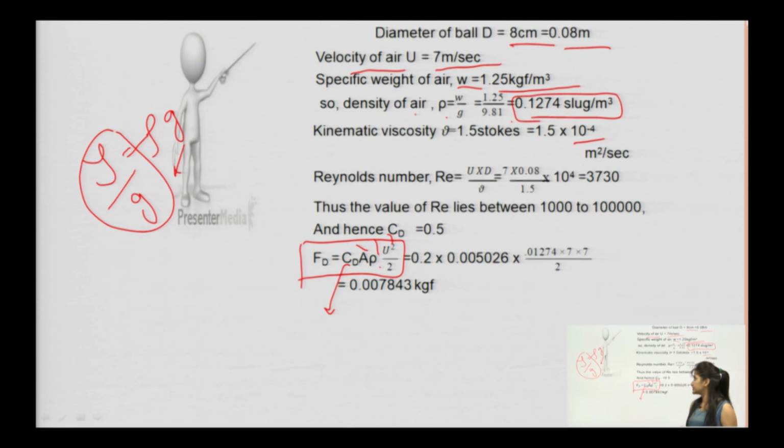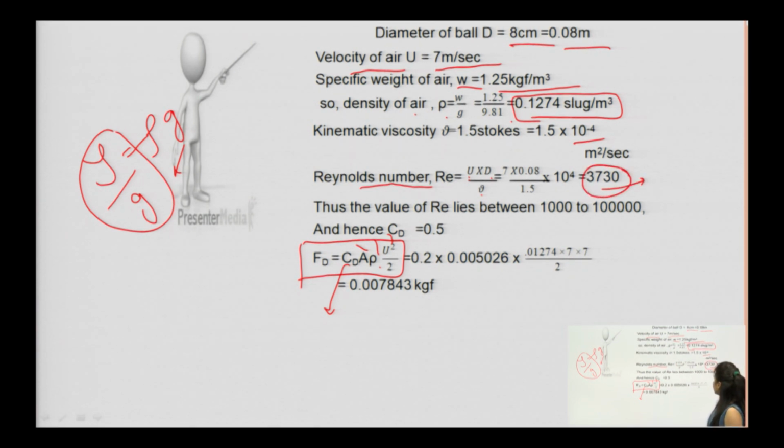So, there you can see we need to calculate Reynolds number first, and with the help of Reynolds number we will be setting the range of this CD value. So, first we will be calculating Reynolds number. Reynolds number is calculated with the help of velocity, diameter and kinematic viscosity, which is given to you, that is u velocity, diameter and kinematic viscosity. Calculated value is given over here.